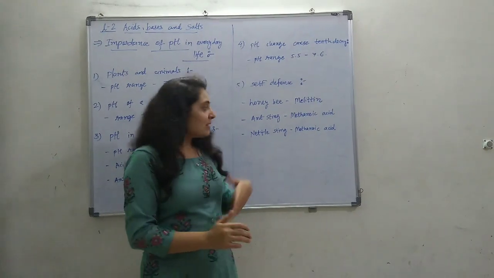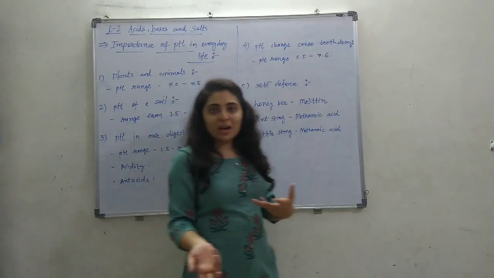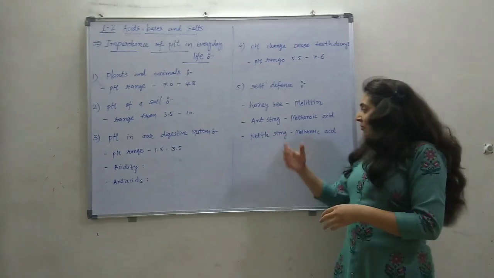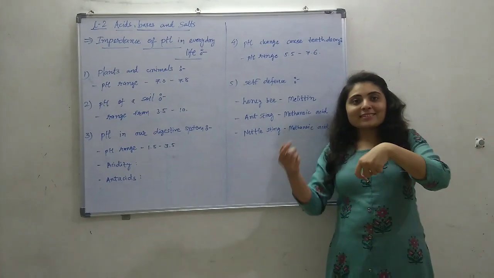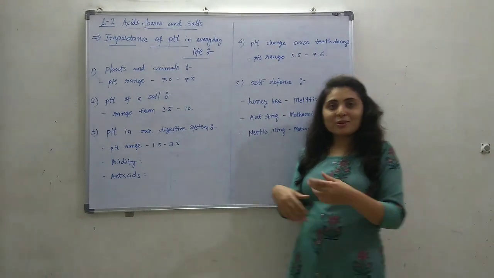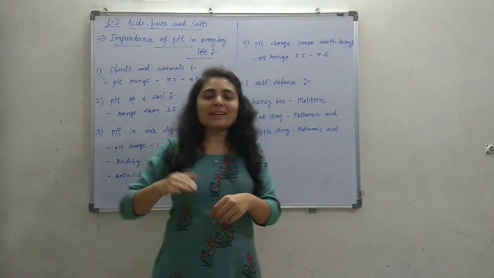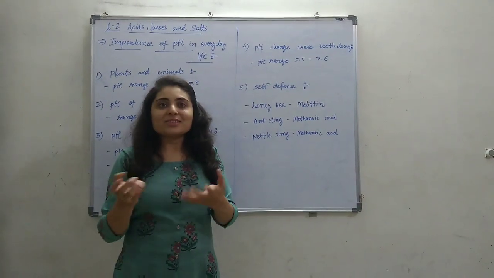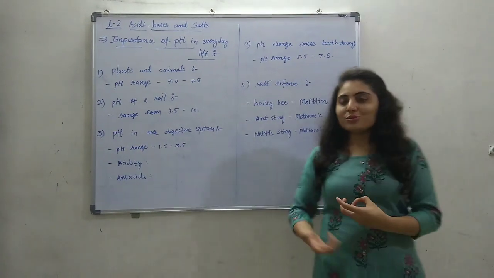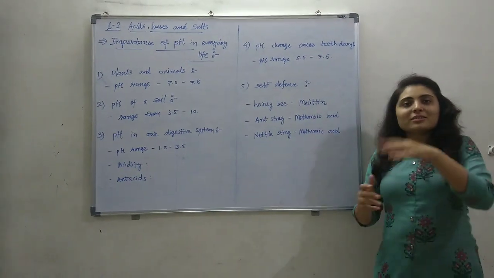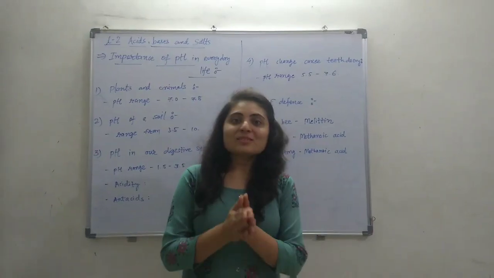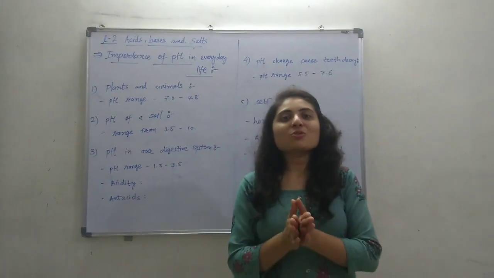Besides this nettle plant, there is a dock plant, and this dock plant has a basic nature. So whenever you accidentally touch the nettle and get the methanoic acid, you can rub that area with a dock plant leaf, which has a basic nature. Otherwise, basic soil can also be used to decrease the effect of the nettle sting. So this is how knowing the pH value is quite important.